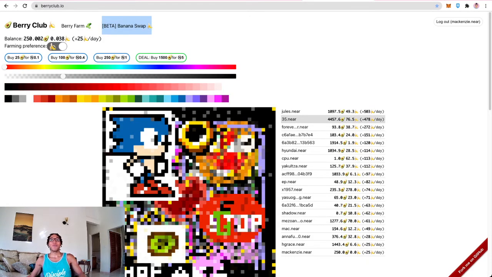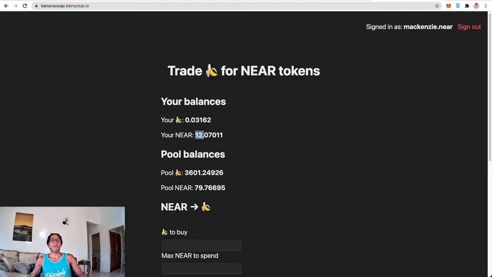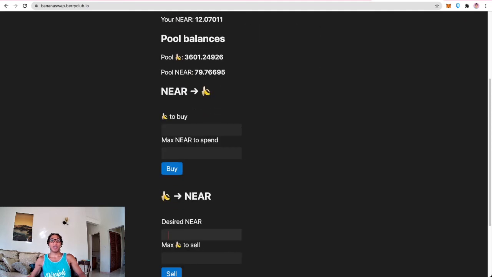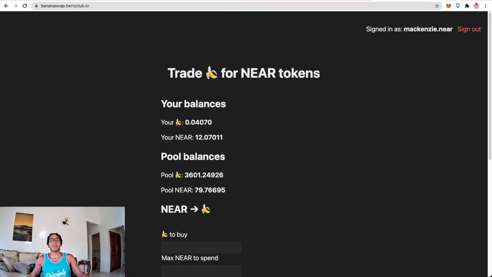And now I'm farming some bananas. So now I have 0.04. So now if I refresh this page, you'll see my balance refresh to 0.04. Now, when I want to sell my bananas, I can put 0.04, oops, and it isn't doing it on its own,